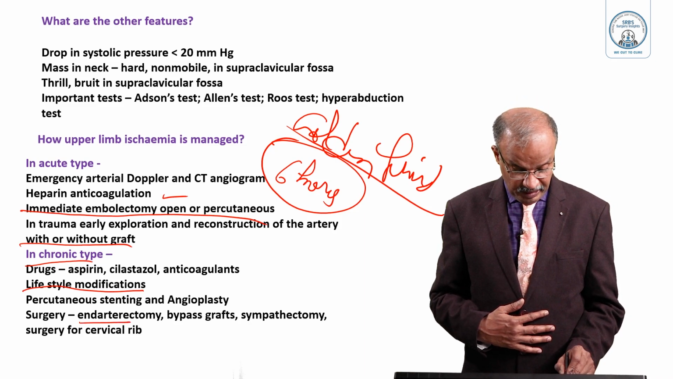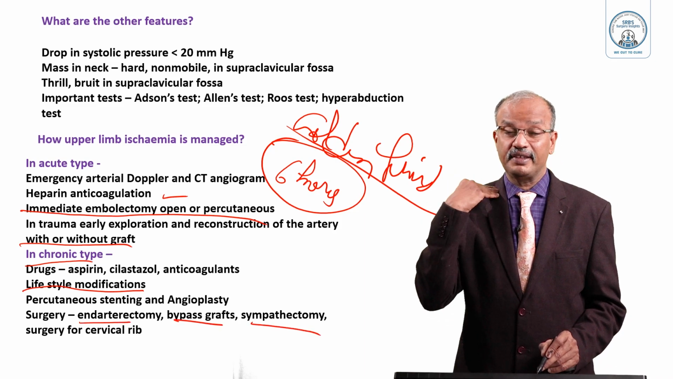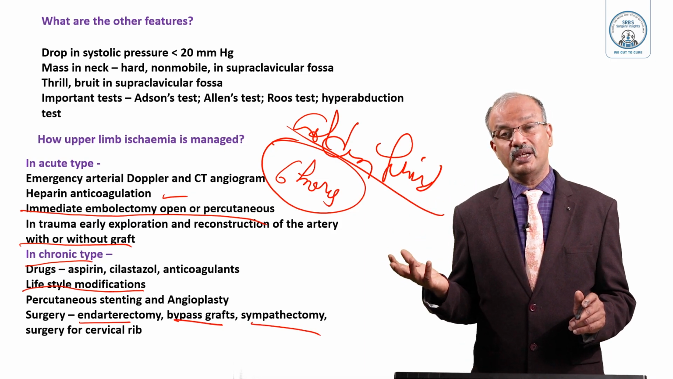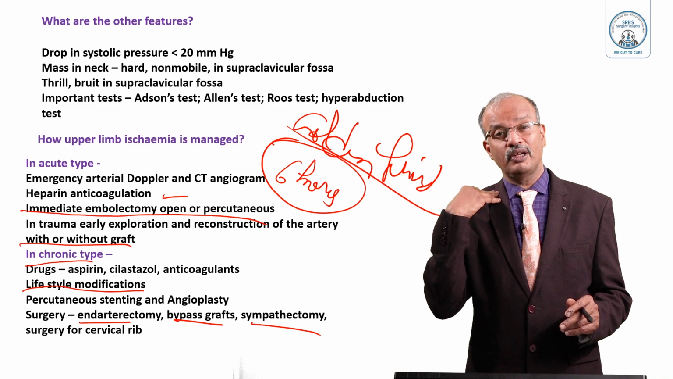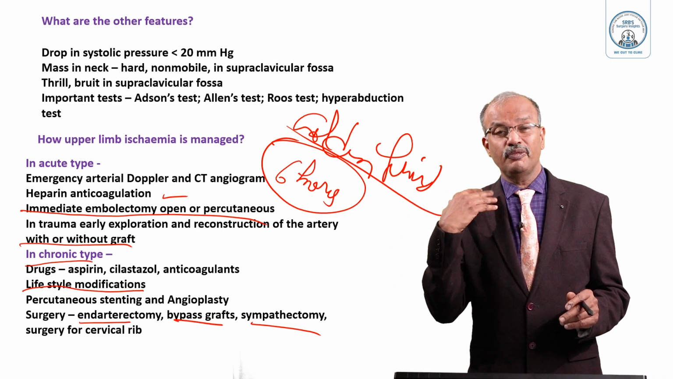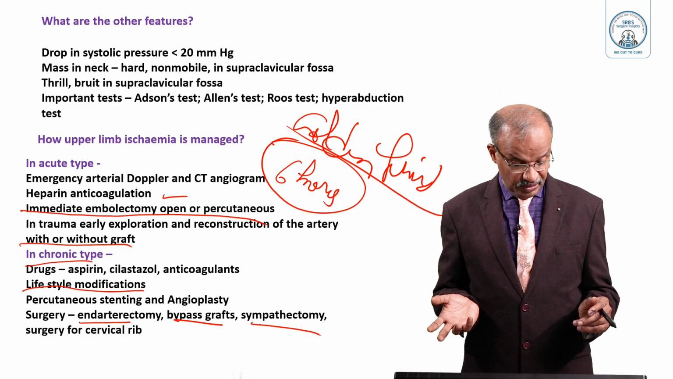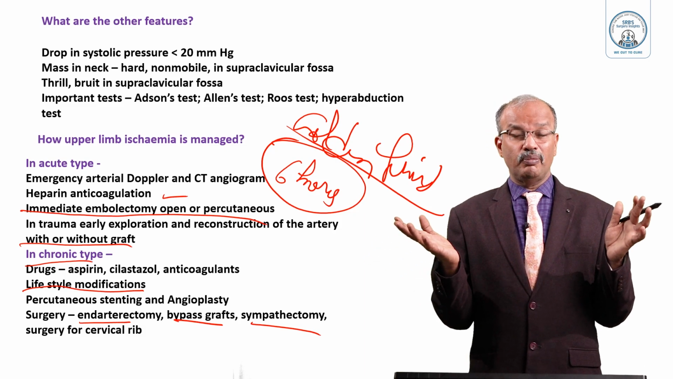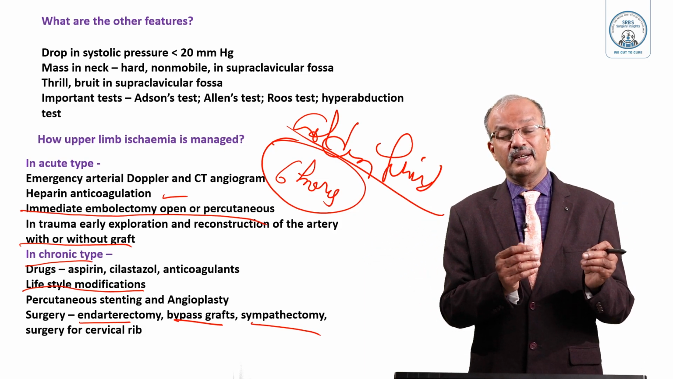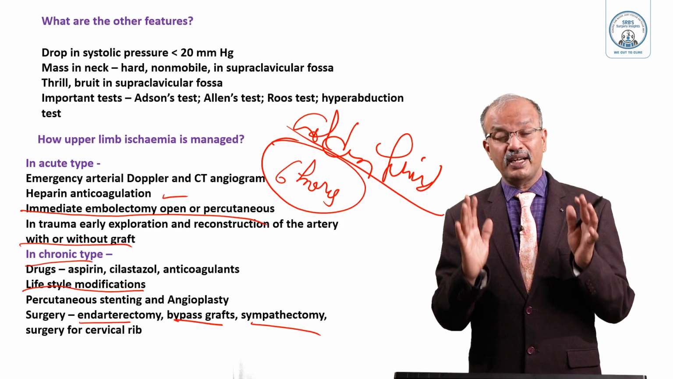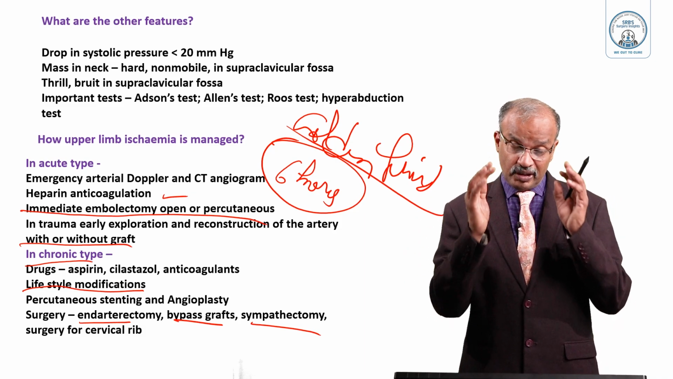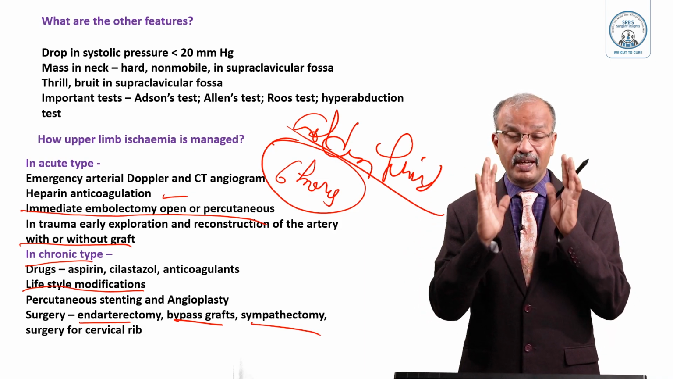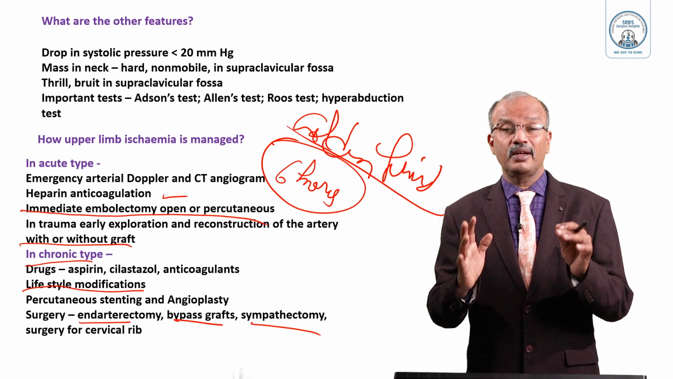And surgery: endarterectomy, bypass graft, sympathectomy, cervical sympathectomy, either thoracoscopically, which is ideal, better and easier, or through the open method, supraclavicular, axillary approach. Different approaches, thoracic approach, are there, which you can always go through in my manual book. Briefly there, and in the operative surgery book it is there in detail how to do cervical sympathectomy, both thoracoscopic